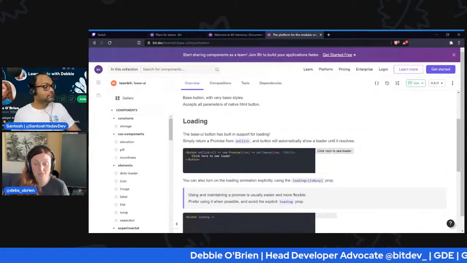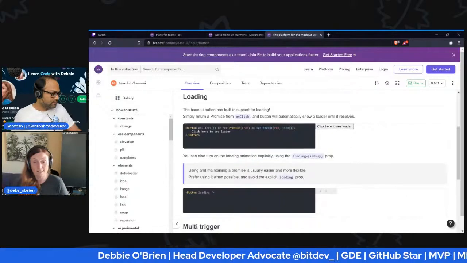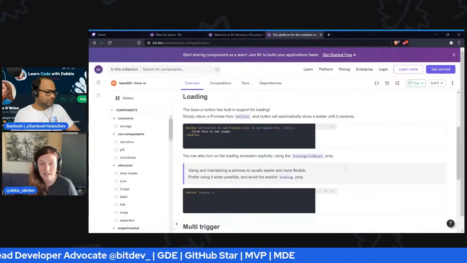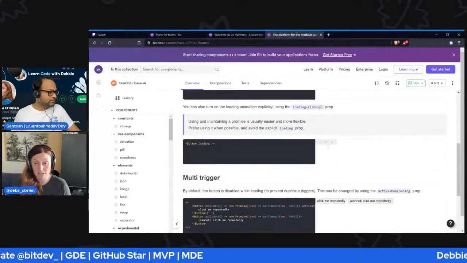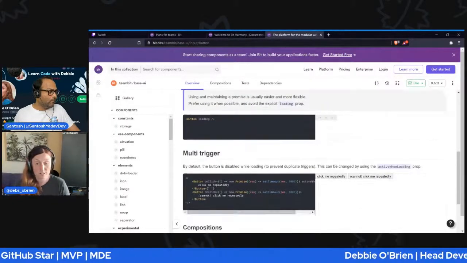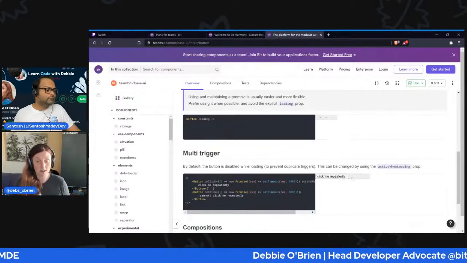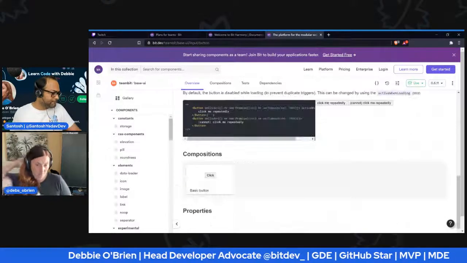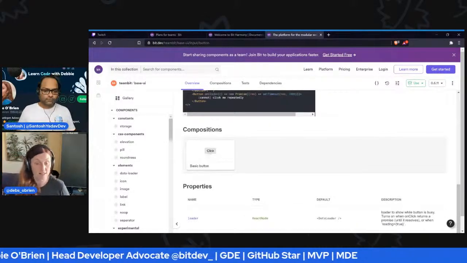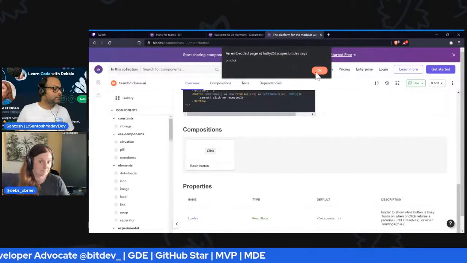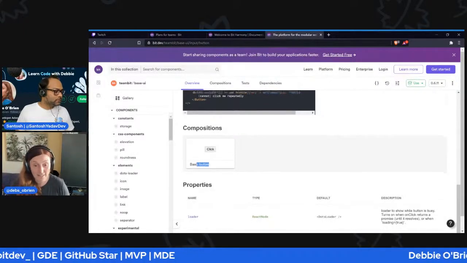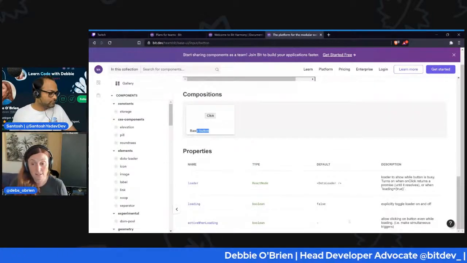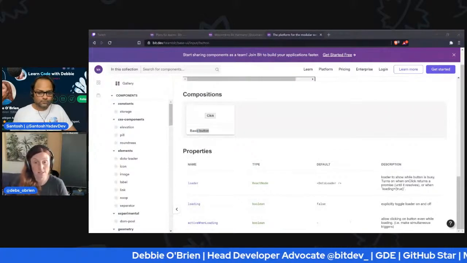That's the documentation, right? So you can click here to see the loader. If you click on that, it should be live, right? It's a live playground there from React. So this is, you know, click me repeatedly, cannot click. There's a multi-trigger there. So you can see how the component is used in different kinds of states, right? Sure. And then if you go to the compositions tab, the composition shows you the properties. So this is how you would use that. Active when loading, the description. So that's all documented for you.